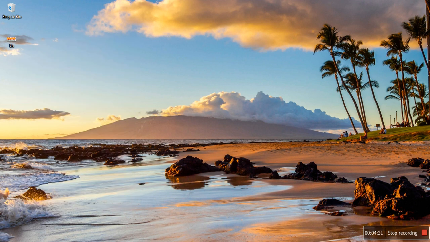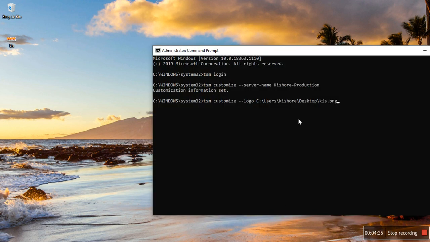Okay, correct. This may take a few seconds. The logo has been uploaded successfully and the customization information has been set. So you have successfully executed the customization commands.